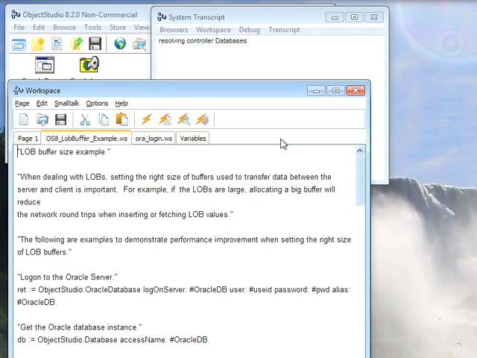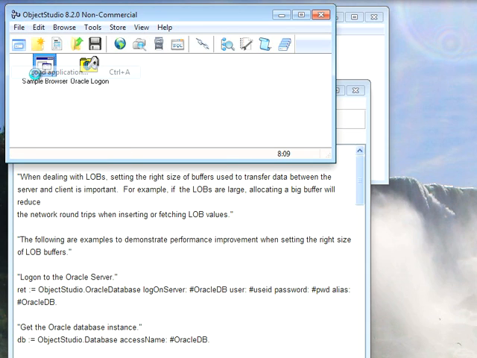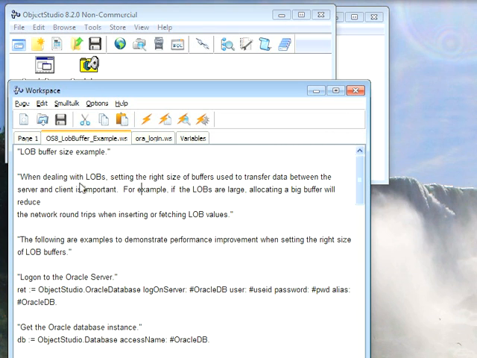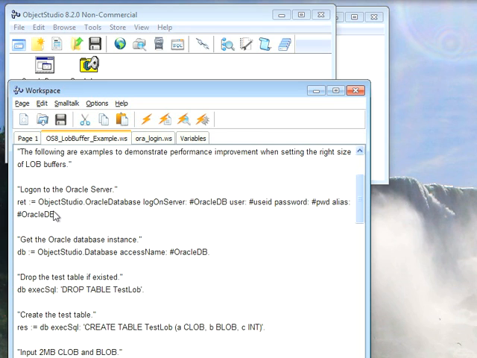This morning we're going to look at using Oracle and ObjectStudio with large objects, specifically CLOBs and BLOBs. To do this, the first thing I had to do is load an application. I've already done this, so I'm just showing you what I've got. Oracle Database Client, I've already loaded it. I brought that in, and more importantly, I've already logged into the Oracle database using this kind of code